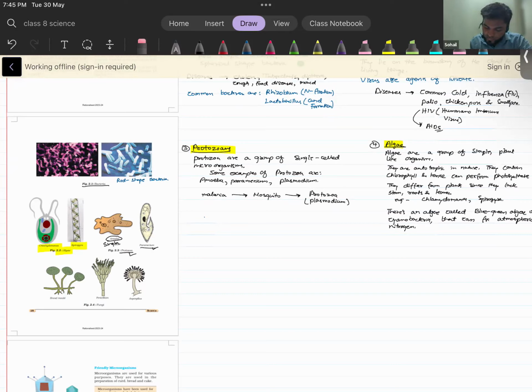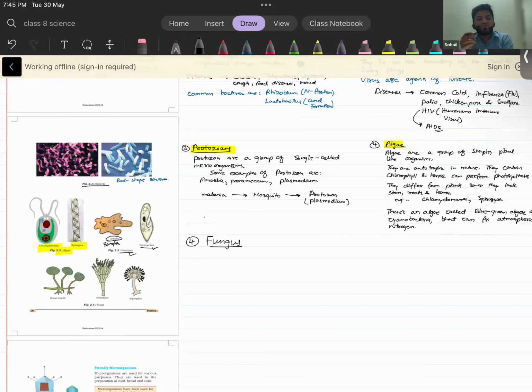Any idea what fungus are? Molds and food poisonings, etc. Sir, they are bread mold and they lead to food poisoning. Yes. So you see, sir, fungus are